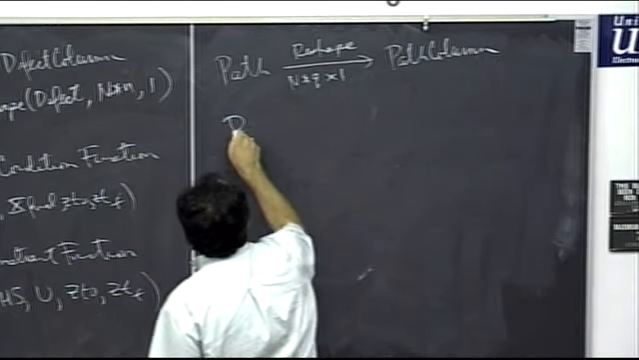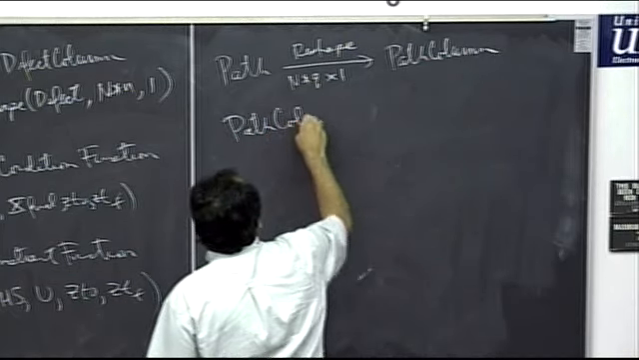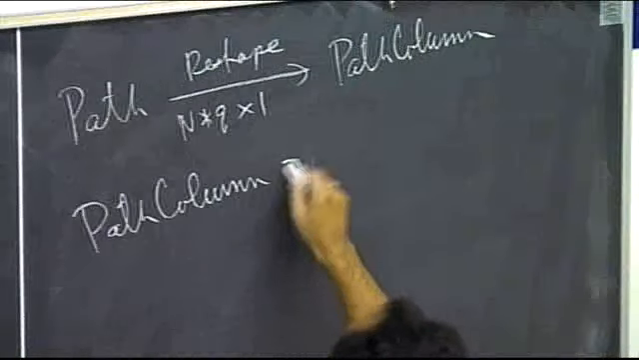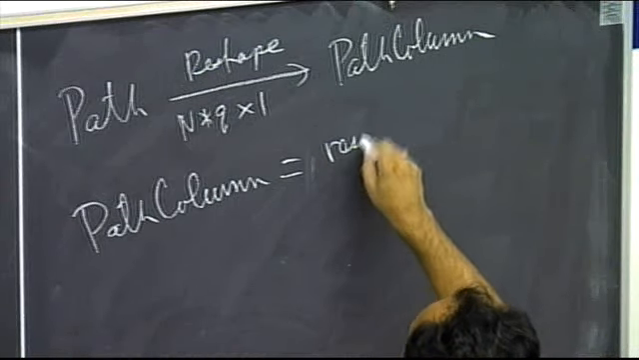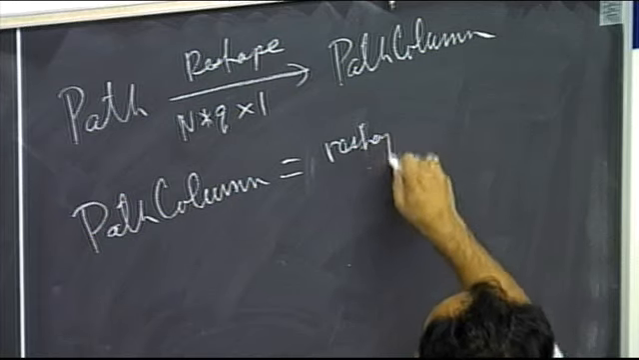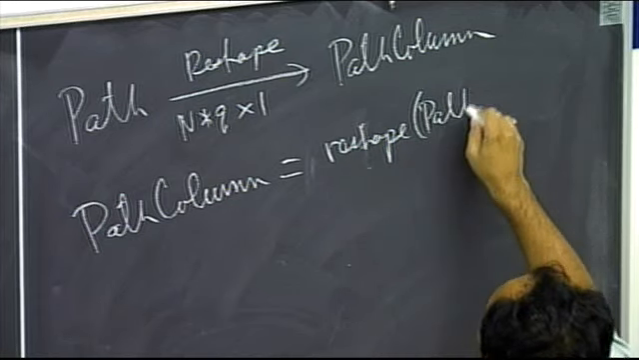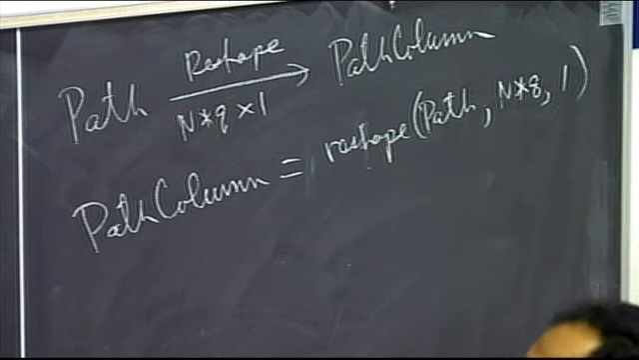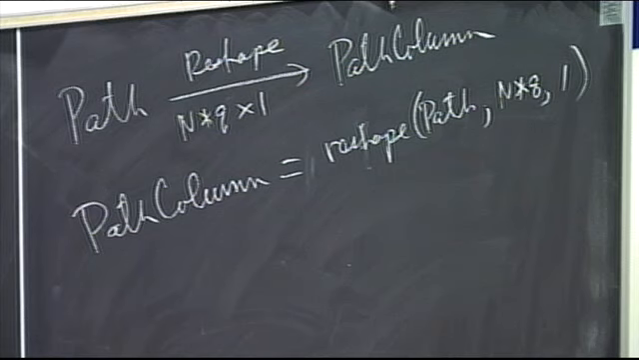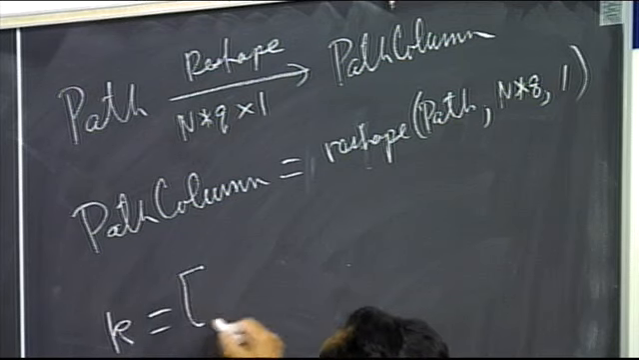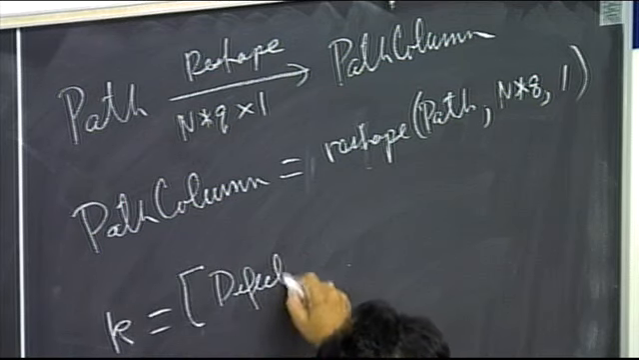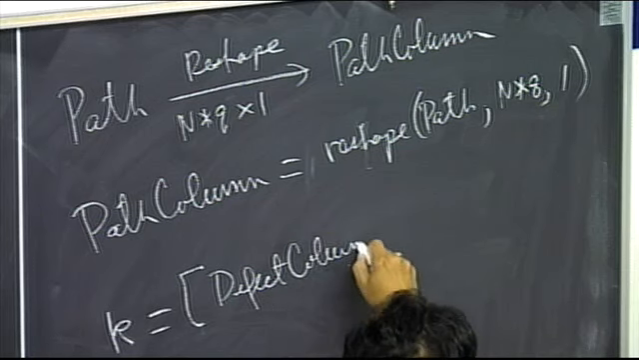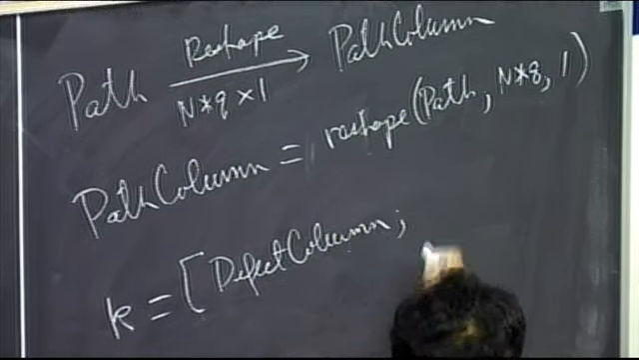So my path column command is going to equal reshape path N star Q, comma 1. Right? Then what I do is I say my full vector of constraints, so k, which is my full vector of constraints, is going to equal defect column, path column,